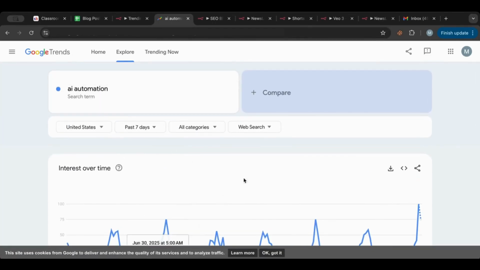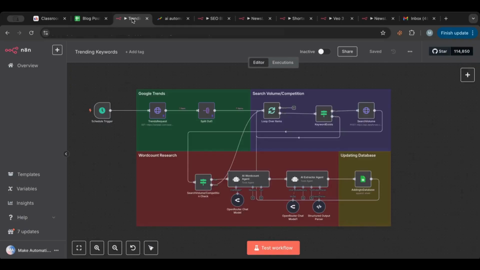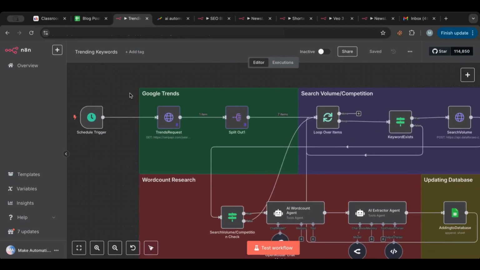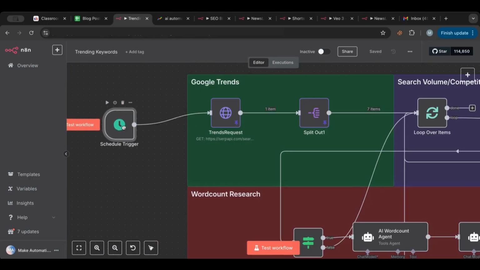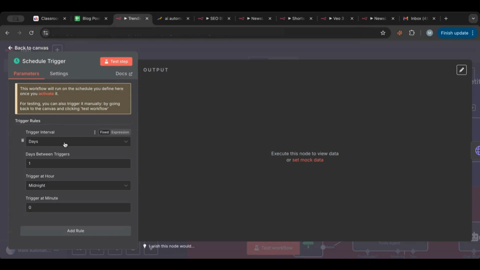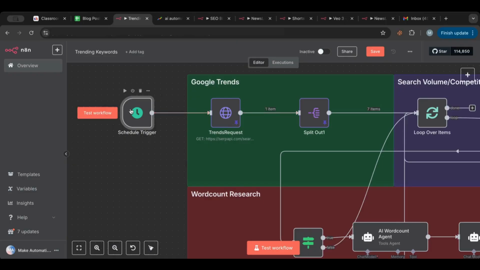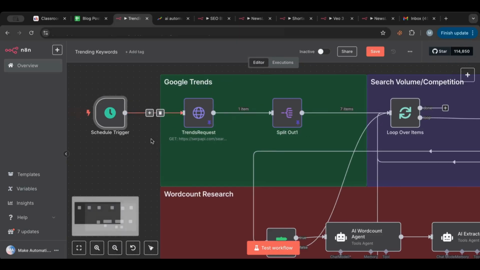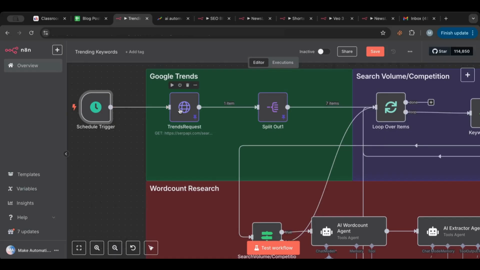Okay, so I'm going to utilize Google Trends as well as the DataForSEO API to create this automation. So let's dive into this automation. First, we want to start with a trigger. We're scheduling this to run once per day right now, but you can say once per week. You can have it run once per week on a Sunday midnight, and then it will run every Sunday. Okay, so once it runs, we want to access Google Trends,